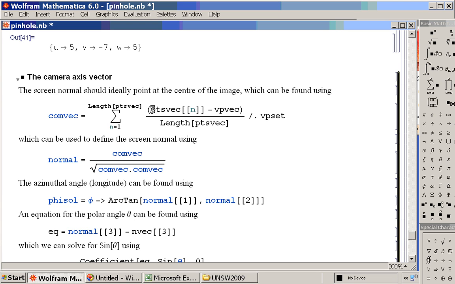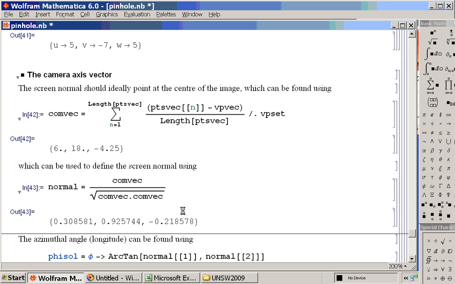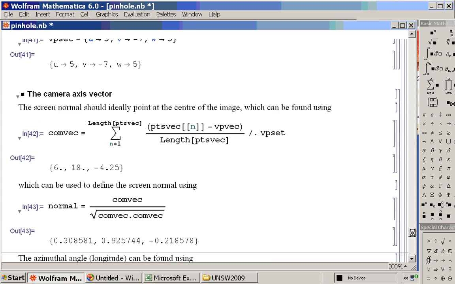So I take each image point from 1 up to the length of that table and subtract the viewpoint from it, and then divide that by the number of points, and then assign values for the viewpoint. So we do that. So the camera will be pointing roughly at the center of the tetrahedron. And now we want to normalize that. So we do that, and that's the direction of the